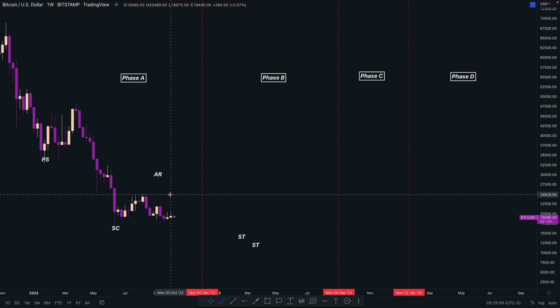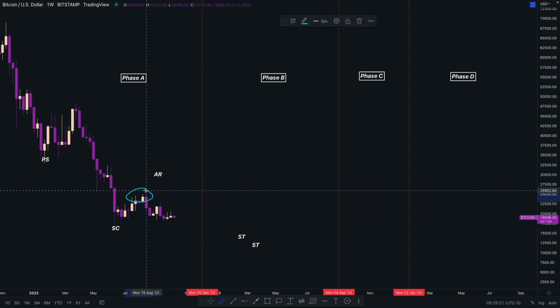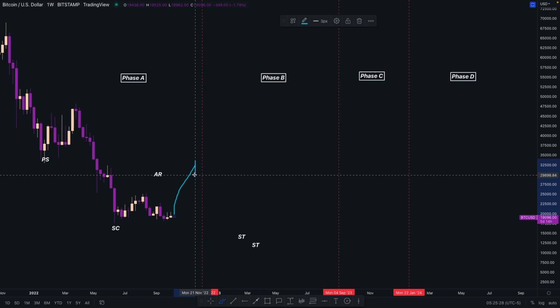Once we go into the daily, it's going to be a little bit more realistic in terms of price action and movements, but we're just going to go with that for now. So what we've seen is the seller's climax, and we really haven't seen that automatic rally yet. Maybe we have, maybe this is the automatic rally, who really knows? But basically what we could see is maybe a push back to the upside around 30,000, maybe 36,000, anywhere in